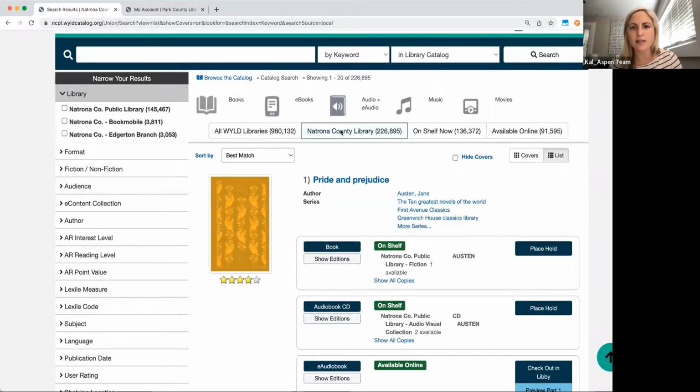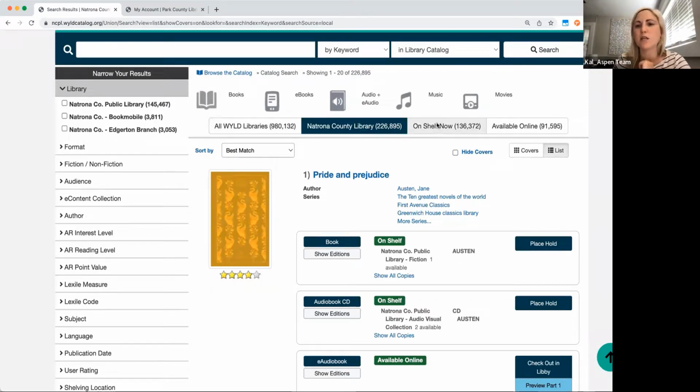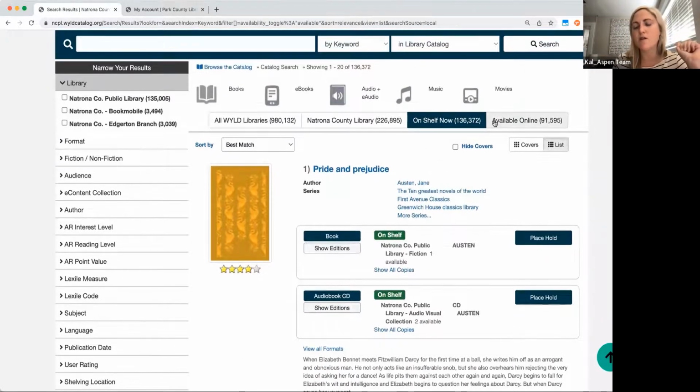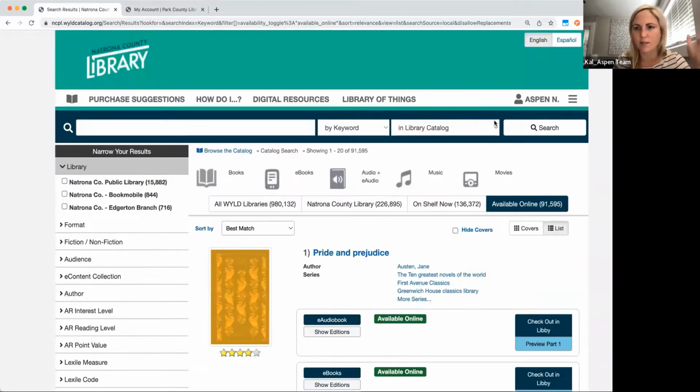In this case, I can see just this library system and what is owned by them. I can also see what's on the shelf at one of these locations right now, if I toggle over to that. So it's changing my results. And then I can also see what's available online that this library system owns.